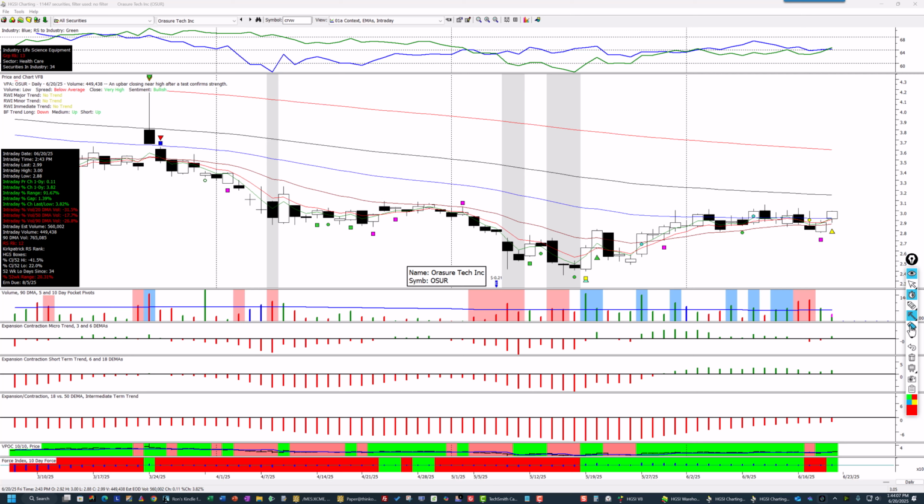So let's put a little box around here, and you can see that it is in a trading range. You can see where support is and resistance. I should have left that up a little bit longer. And if it breaks out of here, there's a good chance it's going to go up. Okay, going back